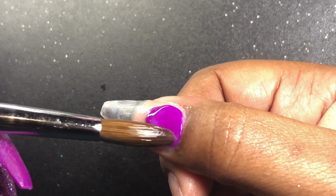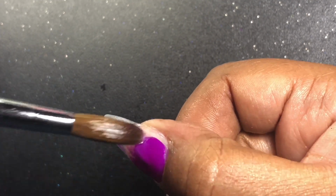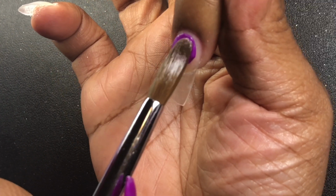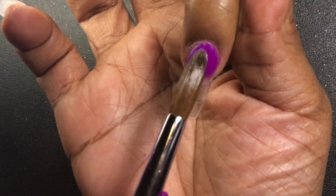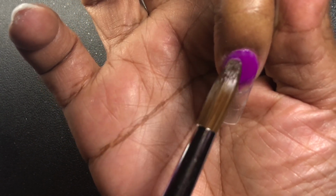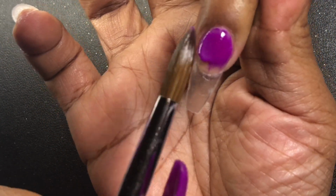It is time for a new set, and I've already applied my tips and done my prep and gone in with a thin layer of clear acrylic. I'm starting off with this purple acrylic. It is from CJP and it is called Bright Violet. I'm applying this acrylic to all of the nails except for the ring finger, and after covering the whole thumbnail,